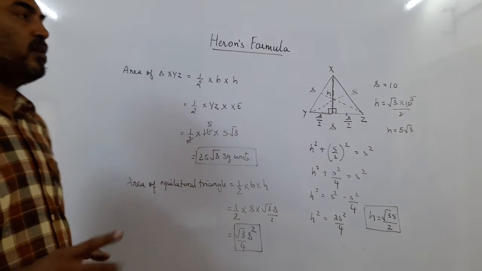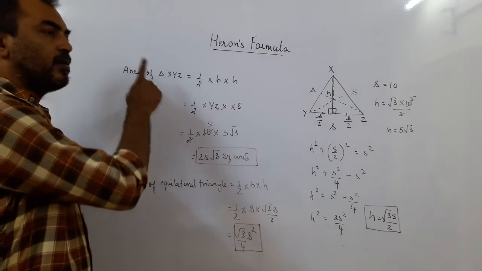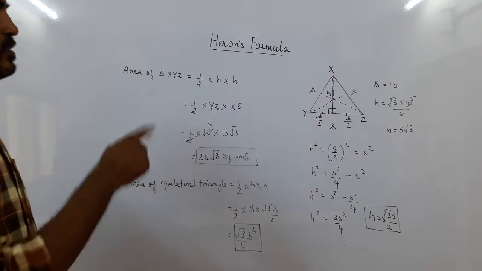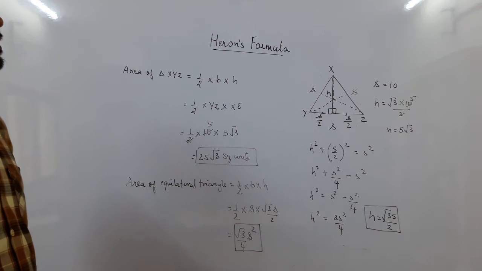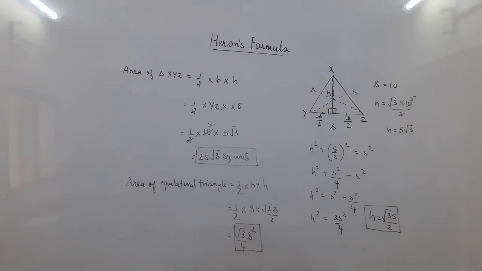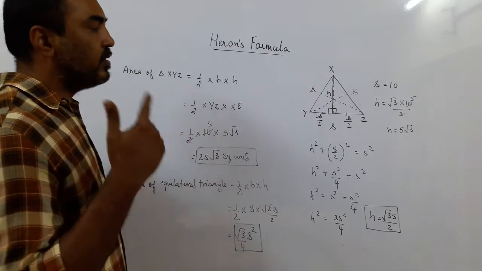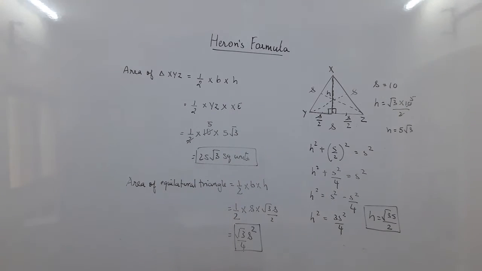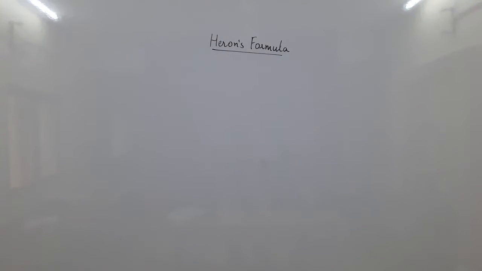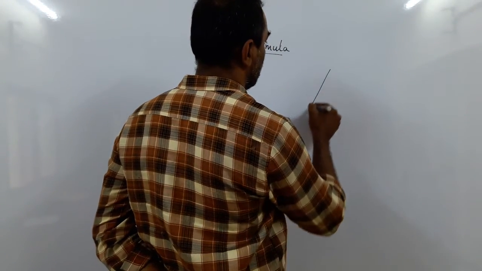So which have we done so far? A general triangle, half base into altitude; a right angle triangle, half base into altitude; and this is for an equilateral triangle. Right? Now which ones are the ones left? We have done the equilateral. Now what is left is the scalene and the isosceles. So we'll see both of them turn by turn. Now we'll see for an isosceles triangle.